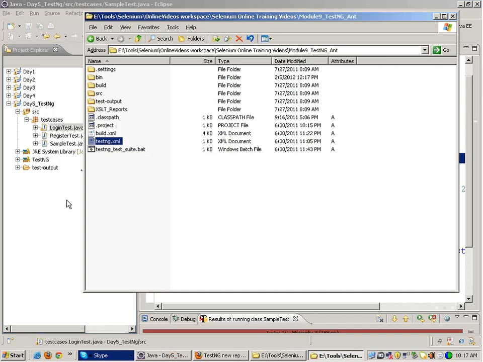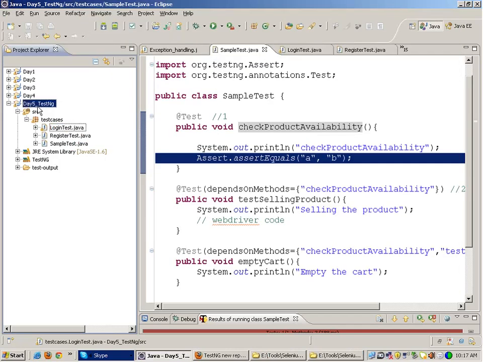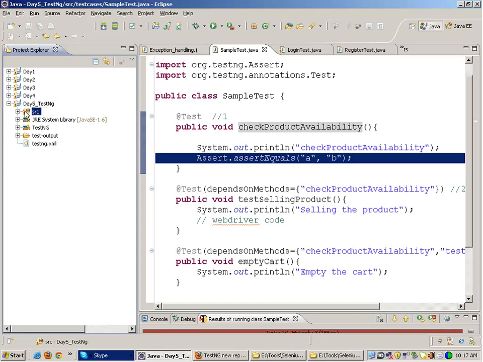Yeah. You take this file, keep this in your project, not under the source folder. Please mind it. You don't have to keep this file under source folder. You have to keep it at a project level. Okay. In this file,